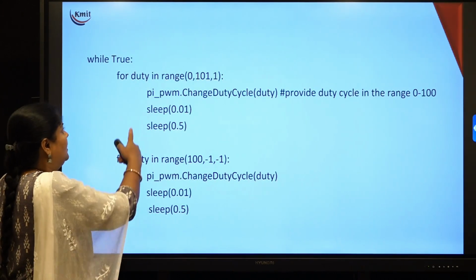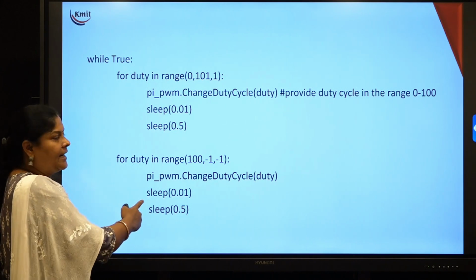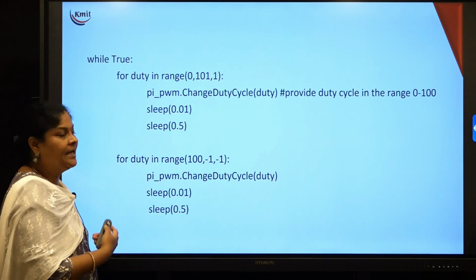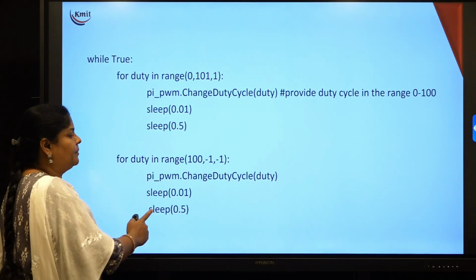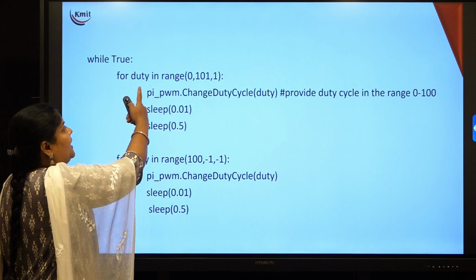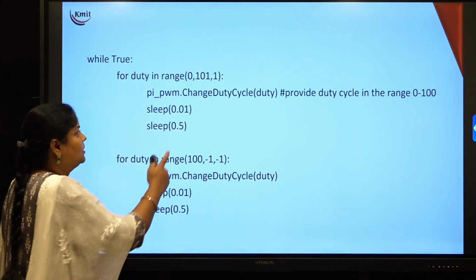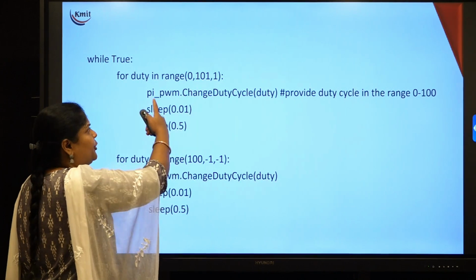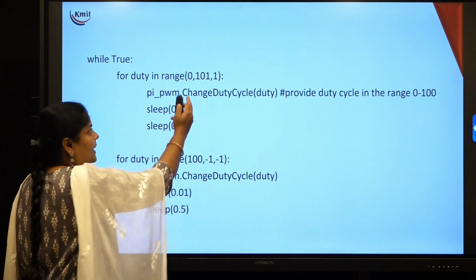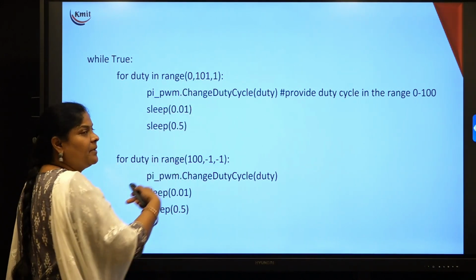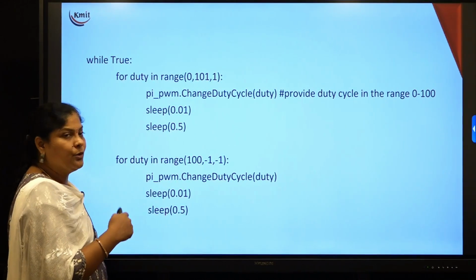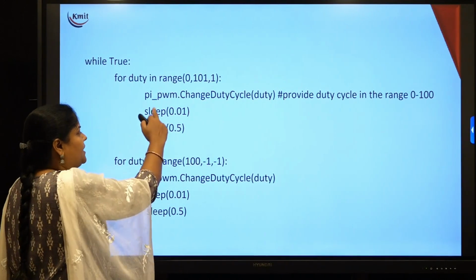Next, these two for loops you are writing inside the while loop. The first for loop represents increasing the brightness of the LED, and the second for loop represents decreasing the brightness of the LED. For that, the code we are writing is for duty in range. The parameters you are taking for this method are 0, which is the initial state of the LED, and from 0 you are incrementing one step every time till you reach 100. So from 0 to 100 you can increase the brightness. For that you are writing the loop here,